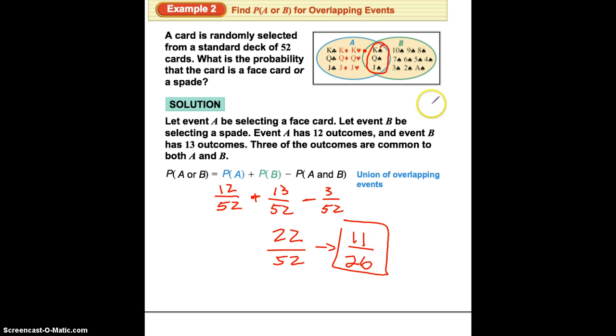So another way we could look at this is here's the total outcomes that would make it true. And if you counted here, you would have 22, and then there's 52 total cards. So I think a Venn diagram is an excellent way to organize this information and to really